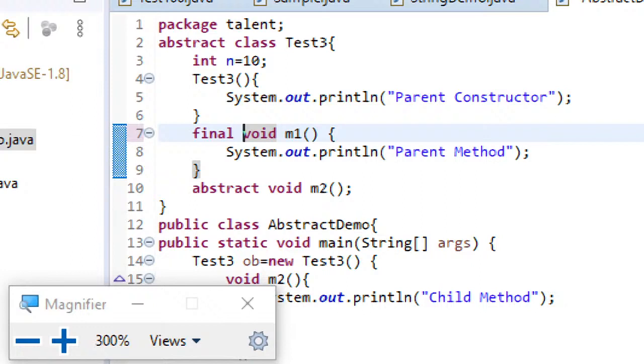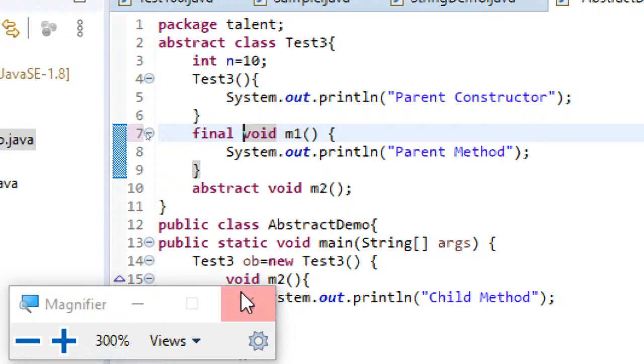It indicates that all the children can access the m1 method, but they cannot override it. So if I declare my concrete method in my abstract class as final, it means that the children can access this method from the abstract class as it is, but they cannot override it.